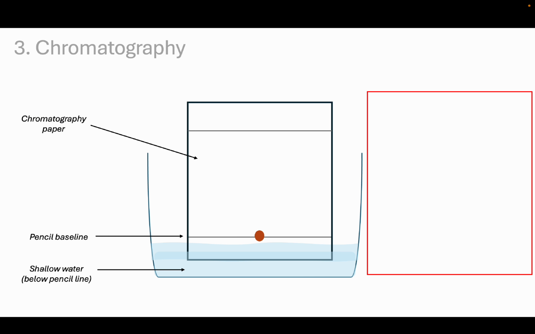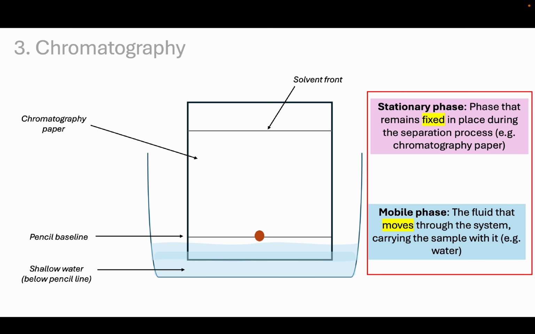Another thing is, once you allow the liquid to soak through the paper, make sure you don't let it go all the way to the edge. When it gets close to the edge, that's called your solvent front. There are two key words that you need to know, and this is your stationary phase and